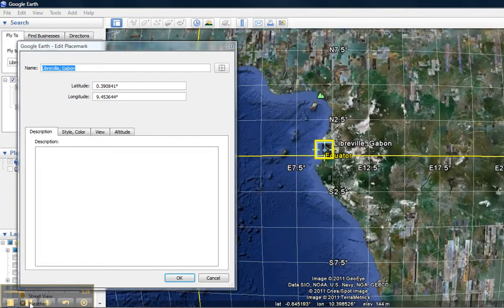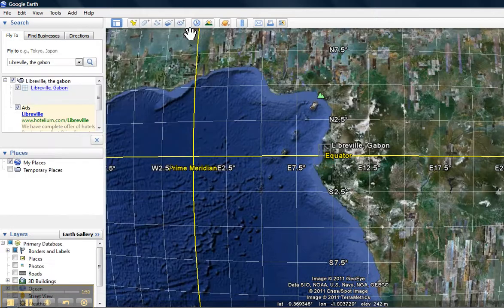So for this activity I want to do a measurement about the equator. So I need to have two positions on the equator, or very, very close to them. Okay, so I'm going to change this position not to 0.39 and 9.45. I'm going to change that so it's exactly on the equator. There's several ways I can do that. I can move the point manually like this, or I can enter a new point and type in the exact